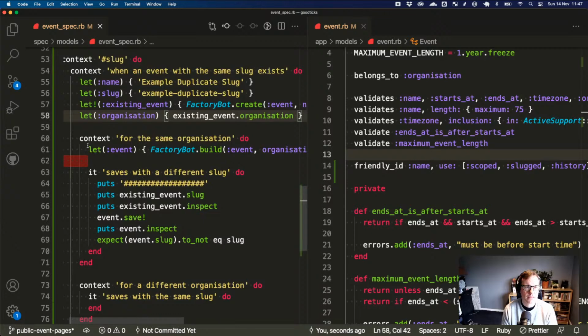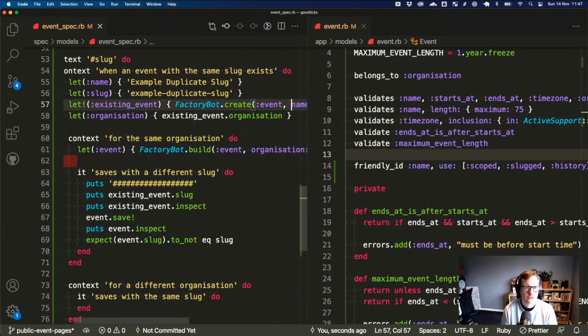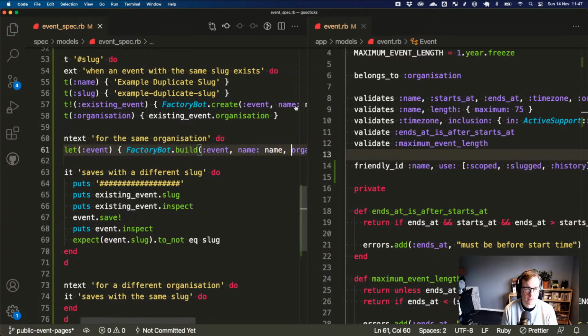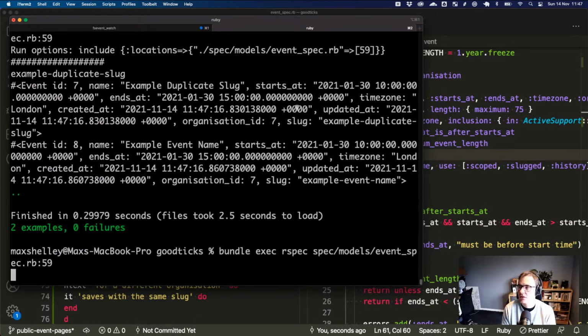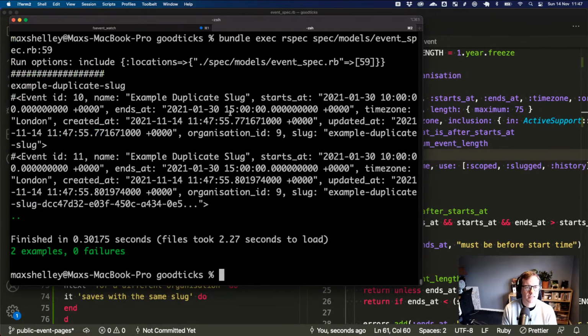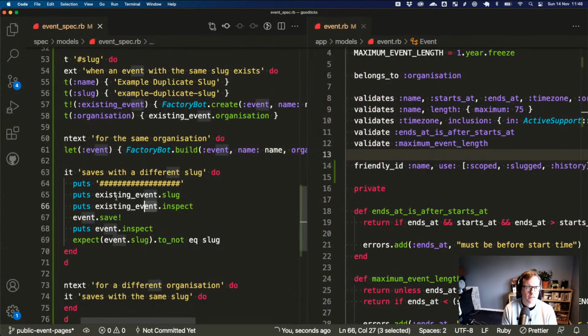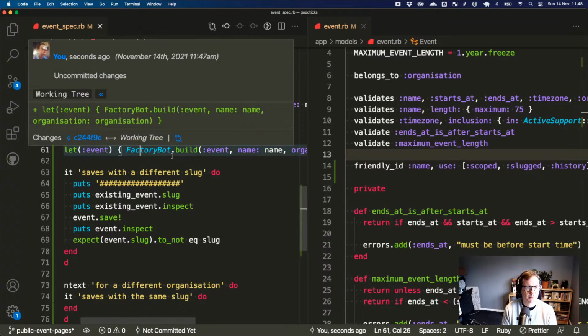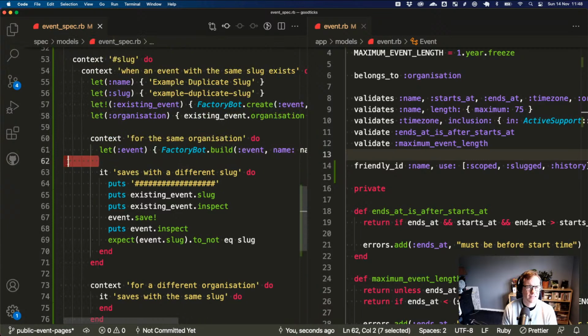And if we take this out, that one has to be named as well. That point out. Yeah, definitely not writing this test very well. There's two key things that are missing that need to be way more explicit. Right, okay, so it's example duplicate slug. So the fact that they have to share the same name is vital to the test, which is not ideal because it's not obvious to the person reading it that that's what the test is actually testing.